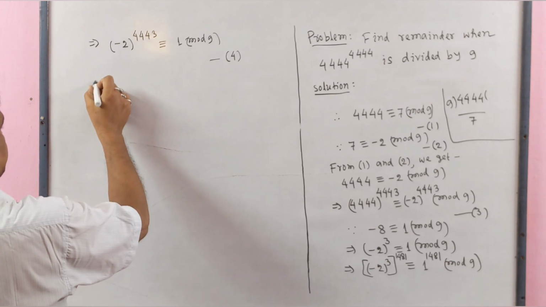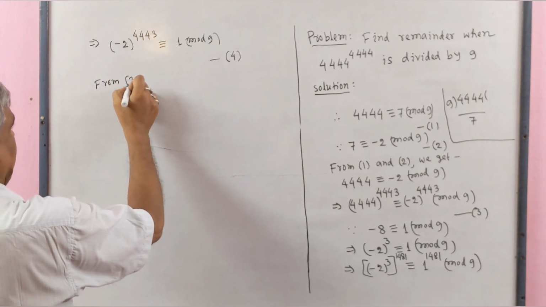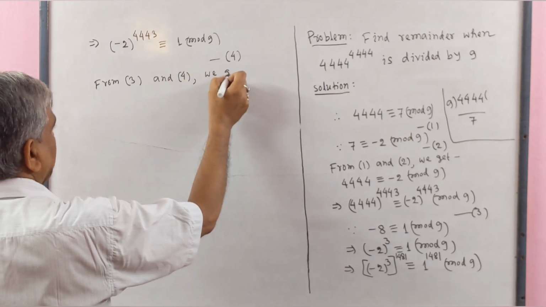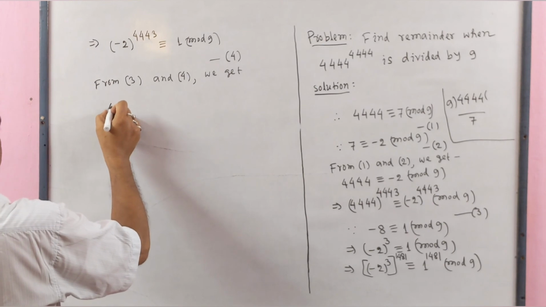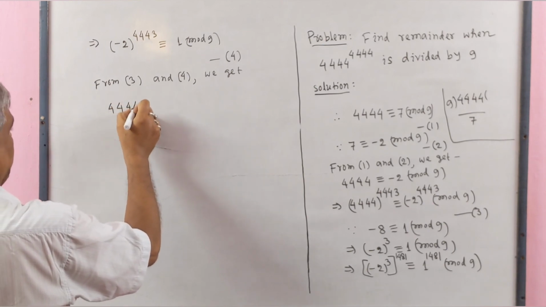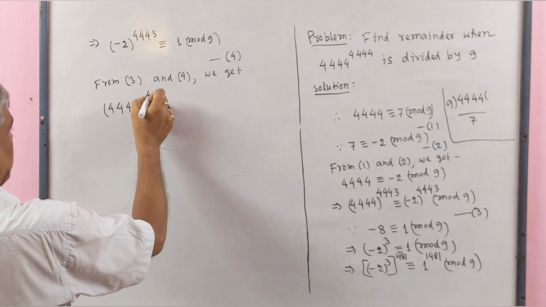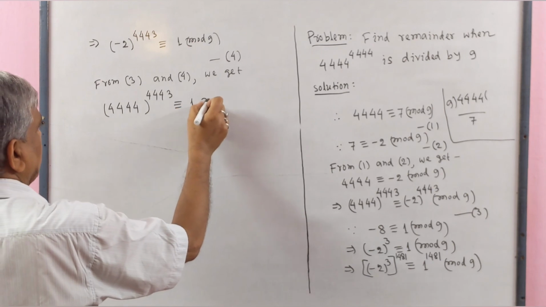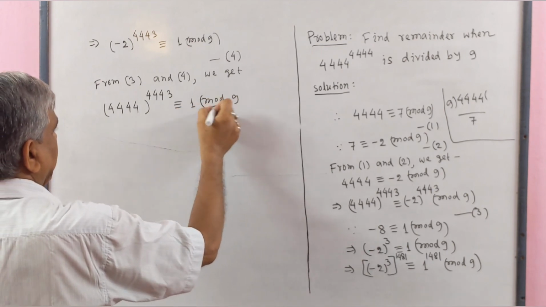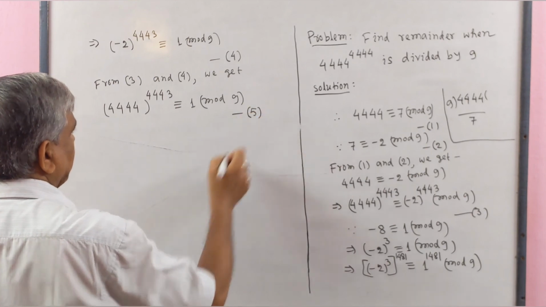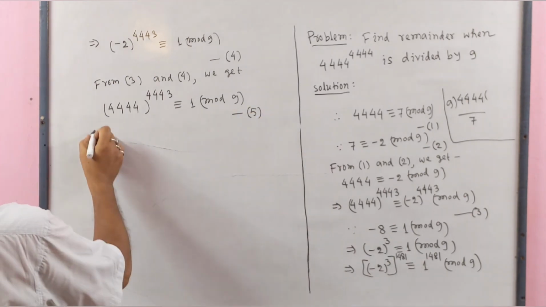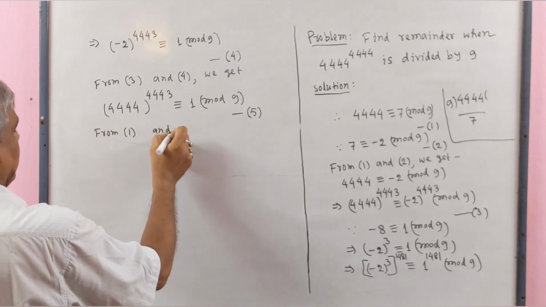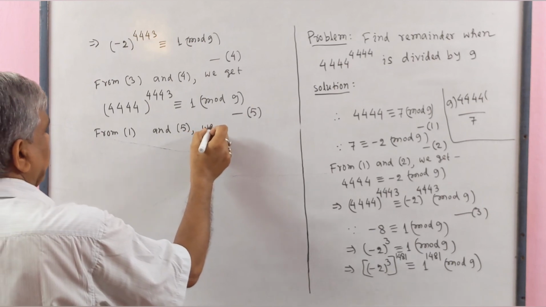From 3 and 4, we get 4444 to the power 4443 is congruent to 1 modulo 9. This is number 5. From 1 and 5, we get